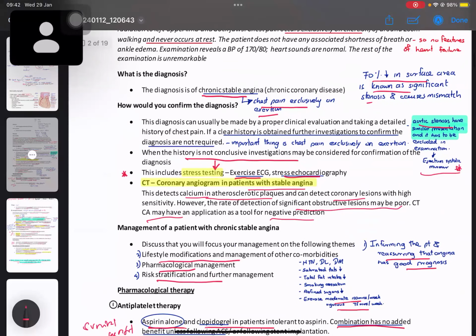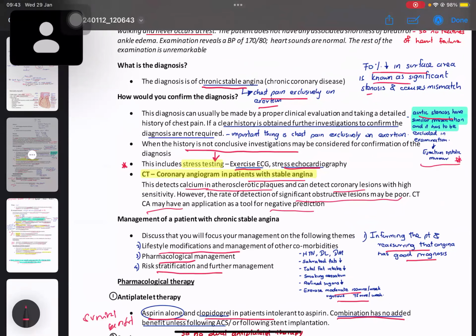And then again, they will be asking, how would you confirm the diagnosis? First, you have to tell the differential diagnosis. Then they will ask for the best diagnosis, and they will ask how you will confirm the diagnosis. In the Sri Lankan setup, because we are a developing country, the main aim is to reduce the cost of investigations, and with good clinical knowledge we should be able to diagnose, because we don't have enough facilities in the ward.